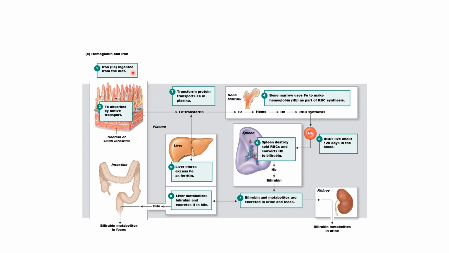Once we ingest the iron, we are going to absorb it in our small intestine, and then it gets transported in your blood by a protein known as transferrin. It gets sent to the bone marrow, and this is where it's going to contribute to the production of our hemoglobin. Now, if we ingest too much iron, it gets stored in our liver,